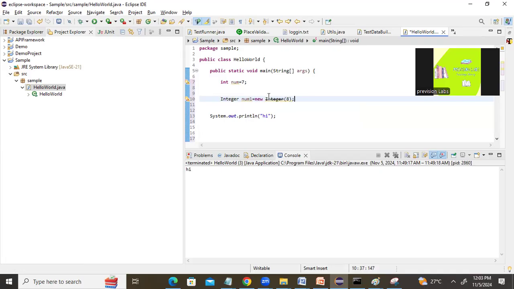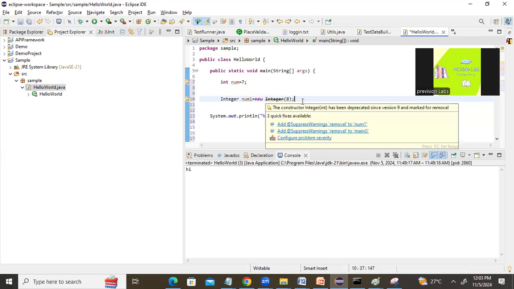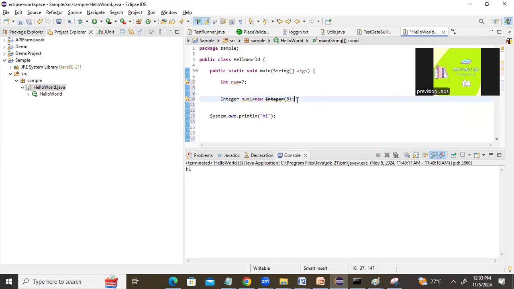Here it's struck out. That is nothing but it's recently deprecated. So earlier it was there, now recently it's deprecated. However, it will just throw warnings. That is fine. So now let us try to print, or else instead of 8, whatever num is there,